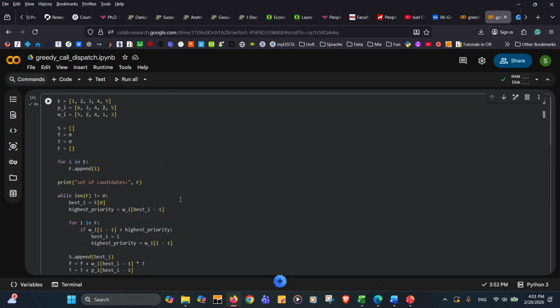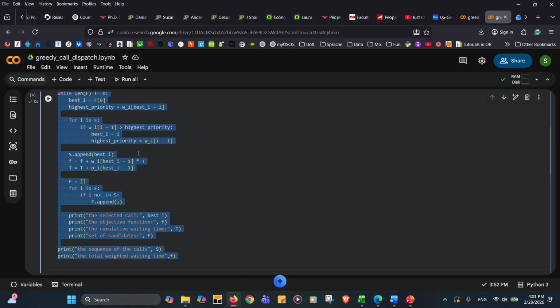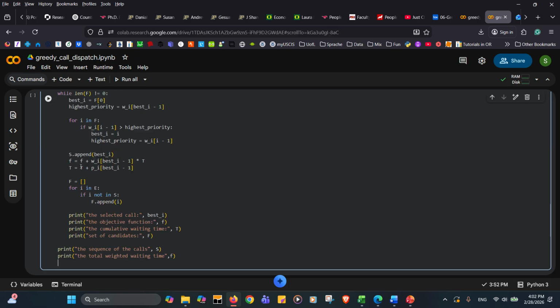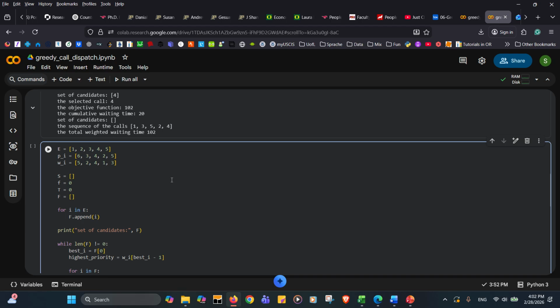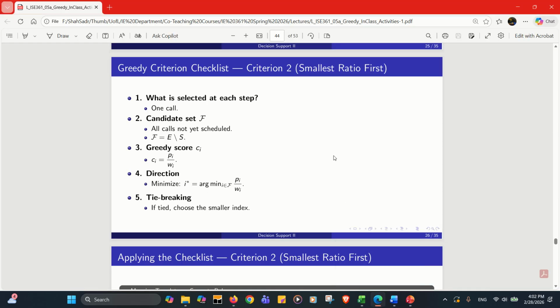So this is the code that we had for the first criteria. So the only thing I need to do is just copy paste this code here, and so we need to just make some modification to this code to have the second criteria. So if